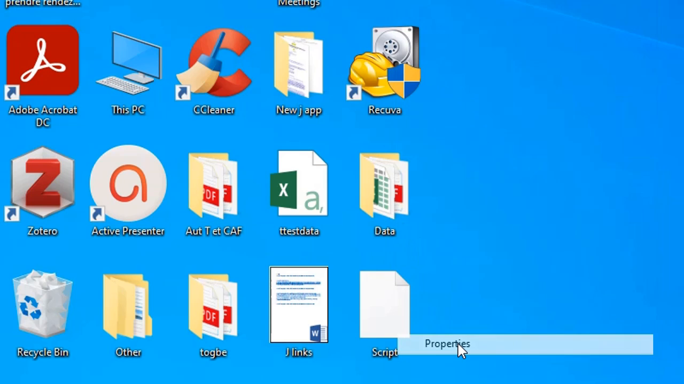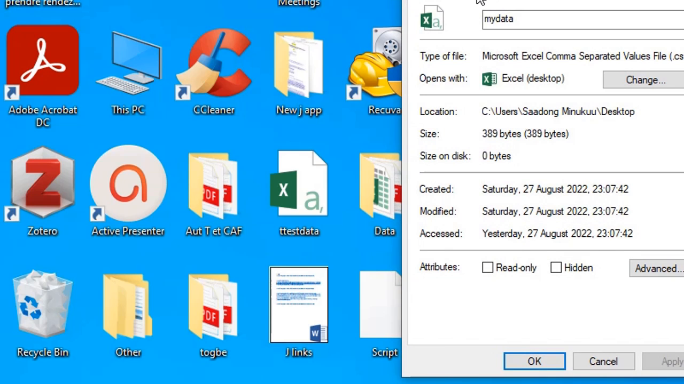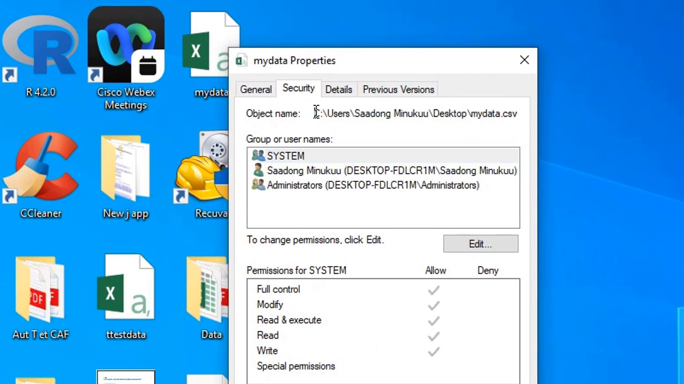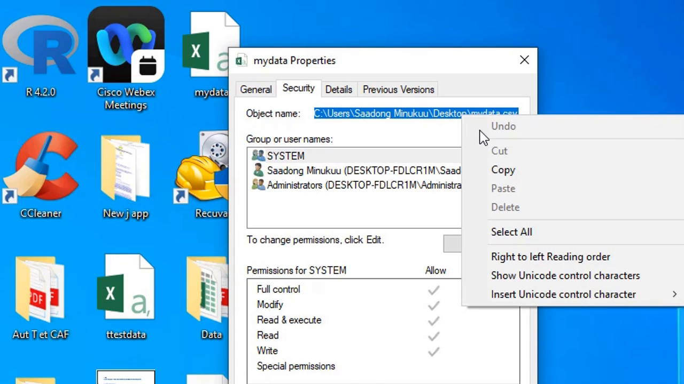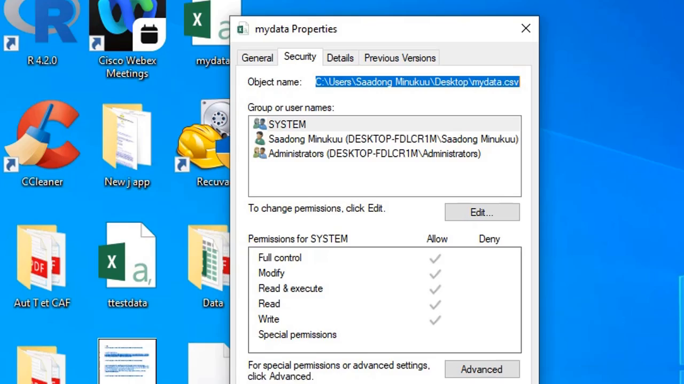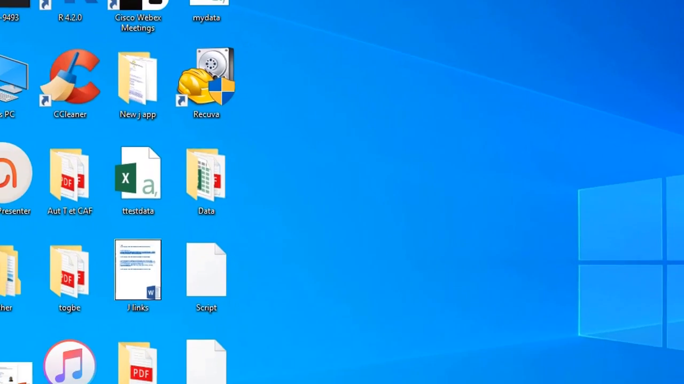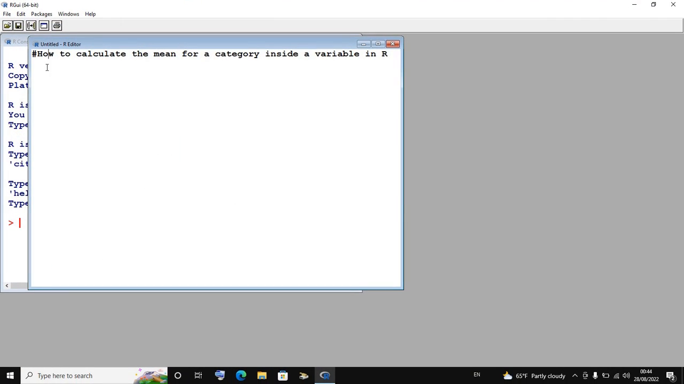Okay, then I'll click on properties, click on security. Now copy the full file path here. Okay, just copy it, click on OK. Then I'll come to my R or RStudio, whichever one that you are using,